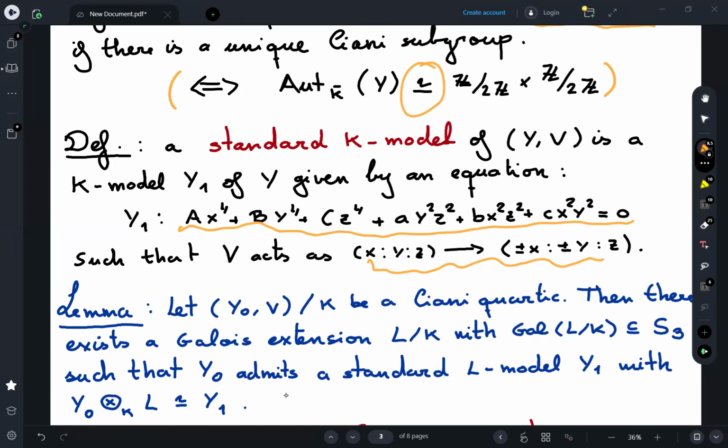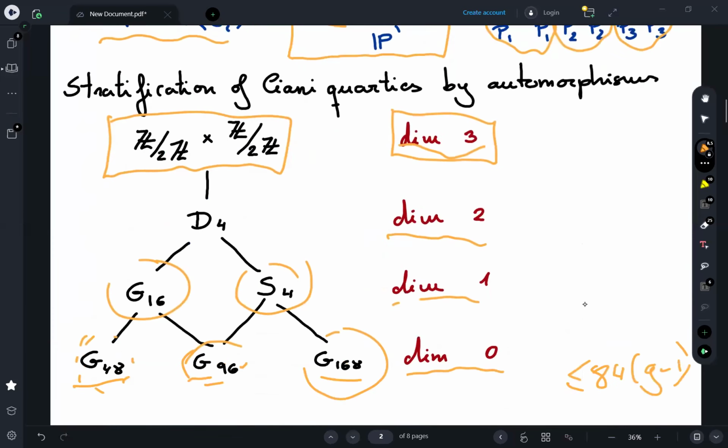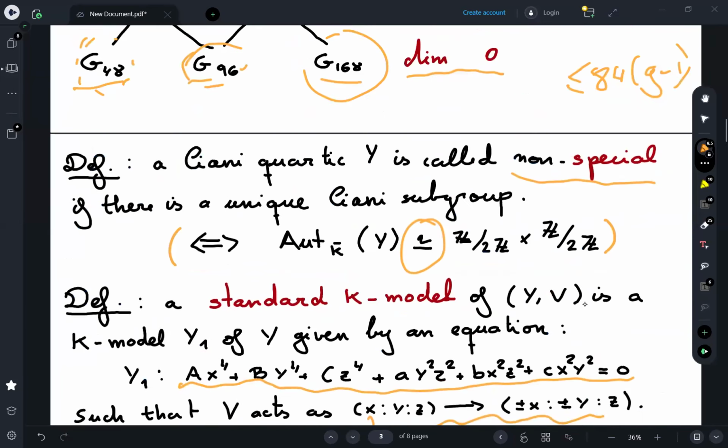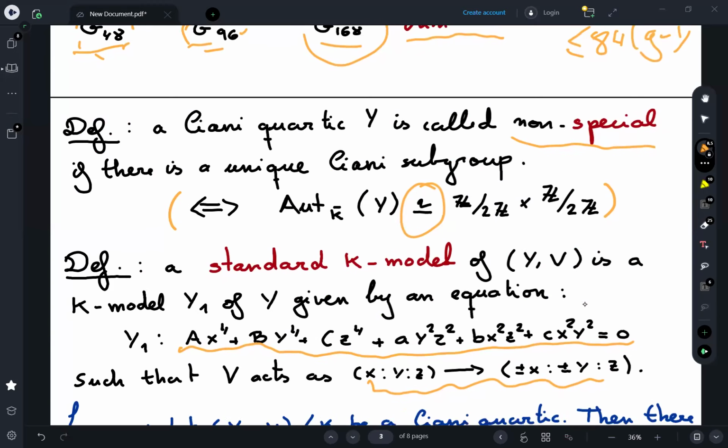And the proof of this lemma, you can do it in a different way. You can just look at the ramification as I showed here. Because the curve and the subgroup are defined over K, the morphism is defined over K, so the ramification points here have to be conjugate. But you can even think of an easier way. That is, you look at the automorphisms